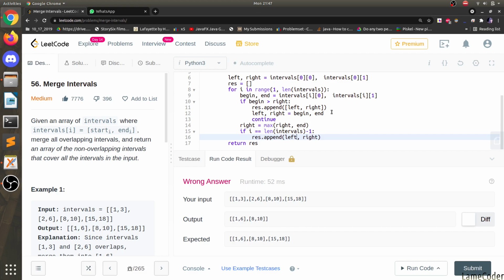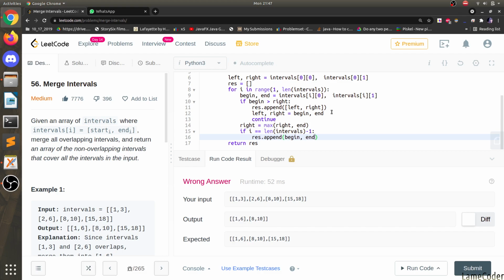Or one second, if this is continuing, that means begin is less than right, so we have to append begin and end. But do we need to append begin and end?